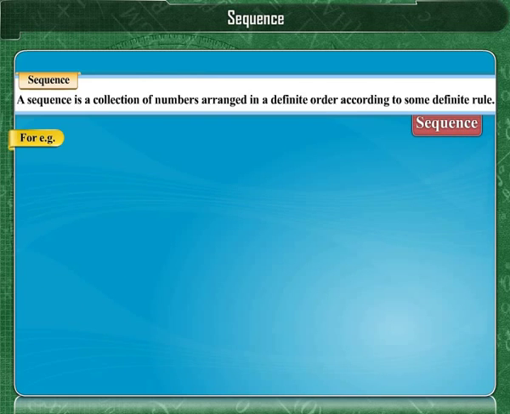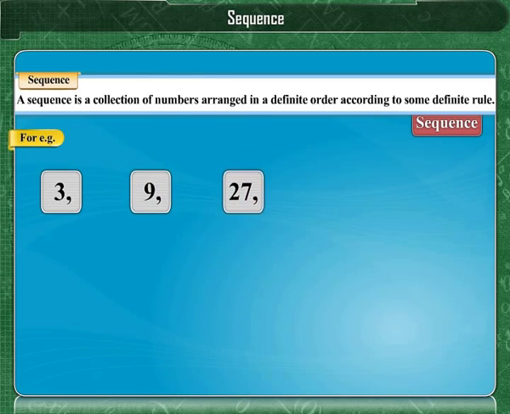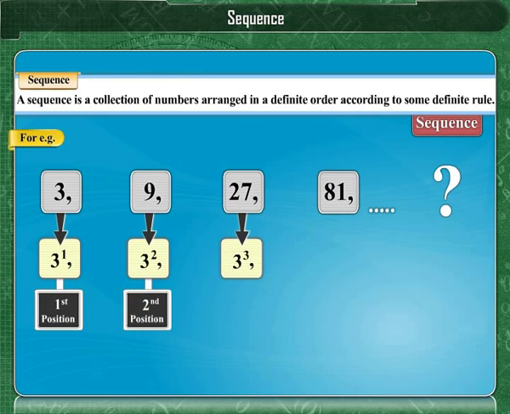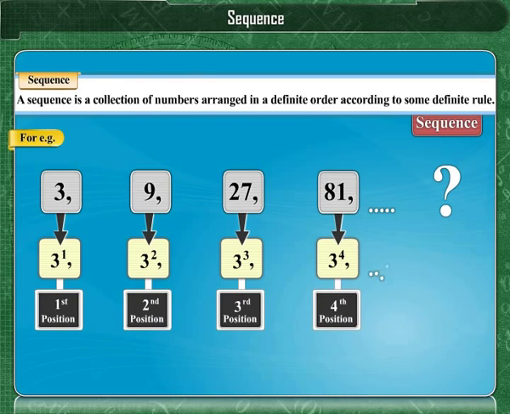Let us consider another list of numbers. 3, 9, 27, 81 and so on. Do this list form a sequence? We can arrange the numbers as 3 raised to 1, 3 raised to 2, 3 raised to 3, 3 raised to 4 and so on. Now the pattern is very clear. Therefore, 3 raised to 1, 3 raised to 2, 3 raised to 3, 3 raised to 4 and so on